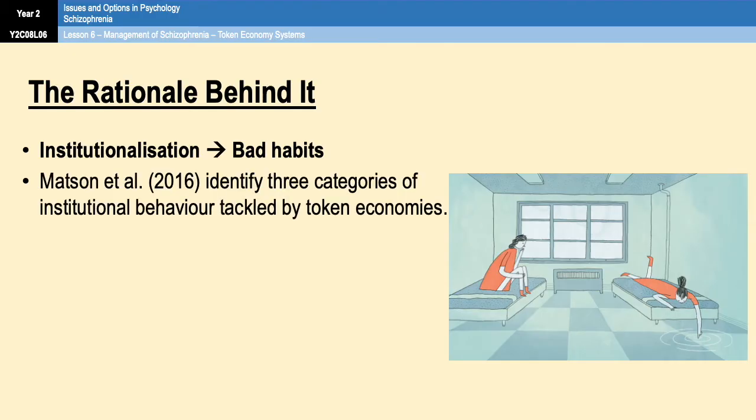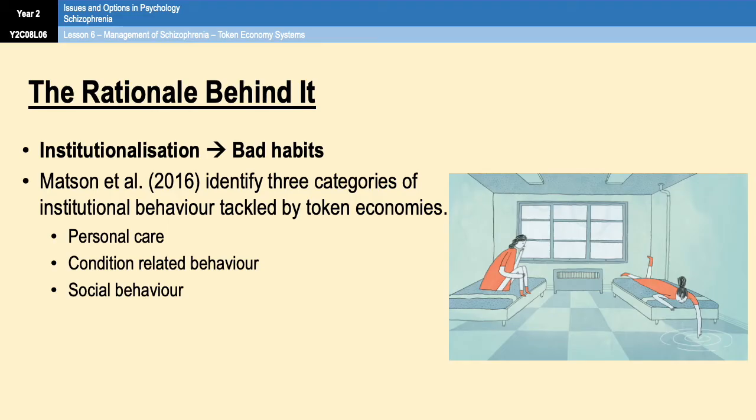Matson et al. in 2016 identified 3 categories of institutional behavior that is generally targeted by token economy systems. You've got personal care, for example, getting showered and dressed every day. You've got condition-related behavior, for example, apathy or avolition. And then you have social behavior, things like talking to people, striking up conversations, joining in with games, or that